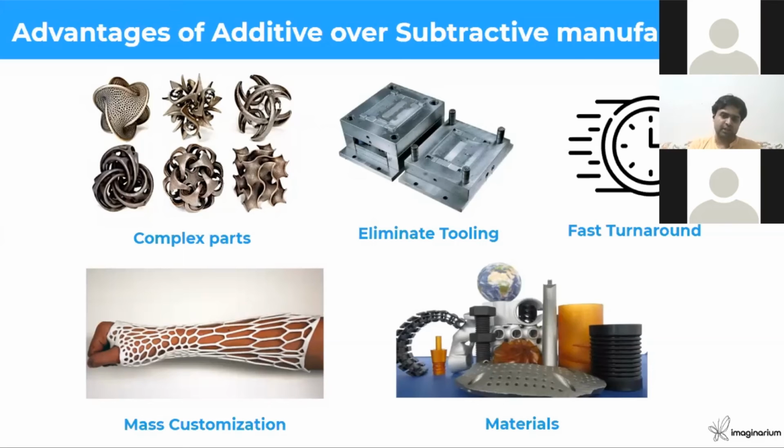The Voronoi structure or the locking mechanism or the snap fits, whatever goes into making those medical braces, is the same for all the braces. The only thing which differs is the profile of the brace according to the foot size of the patient, and the size, of course. So that is what we mean by mass customization when we use this term. The basic design remains the same, but you scale up or scale down the model according to the size of the consumer who's going to use those parts.